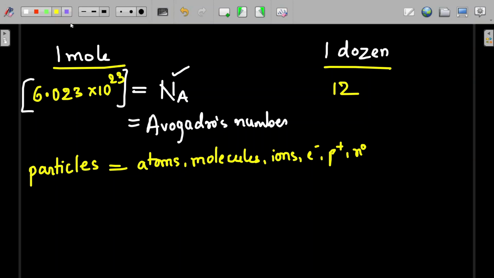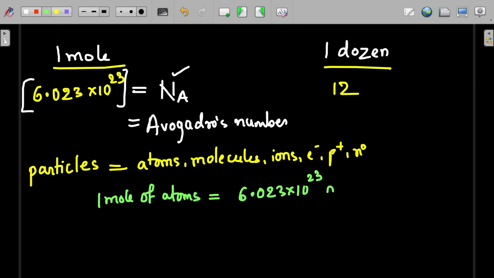Now, if I ask you what is 1 mole of atoms, Ruhani, tell me, how much numerically? Sir, it will be 6.023 into 10 raised to power 23